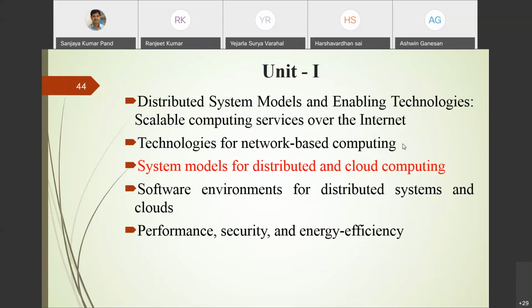You can say that it is about which platform, or how the nodes are organized in distributed and cloud computing, and how we can process a particular user application in the cloud. For that, a system model is required. Some of the system models differ in how they are connected, and with respect to their connections, we can call them a different technology, right? So the different models used in distributed and cloud computing, we'll discuss in today's class.